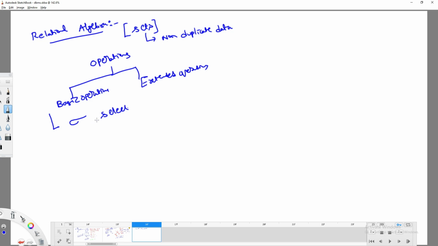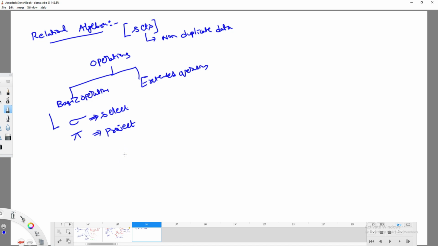Sigma? Okay, rho is something different, right? Rho is related to P. This is sigma. Sigma is the symbol used to represent the select operation. And this is what? Pi. Pi is the symbol used to represent the project operation. There is a clear difference between select and project.